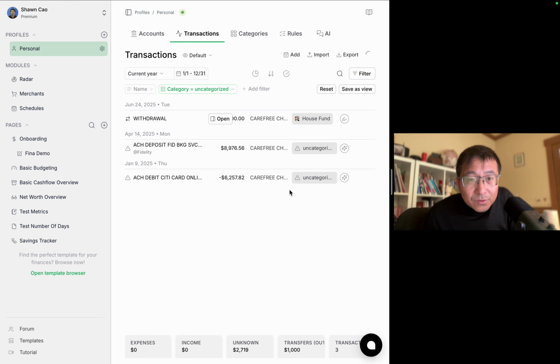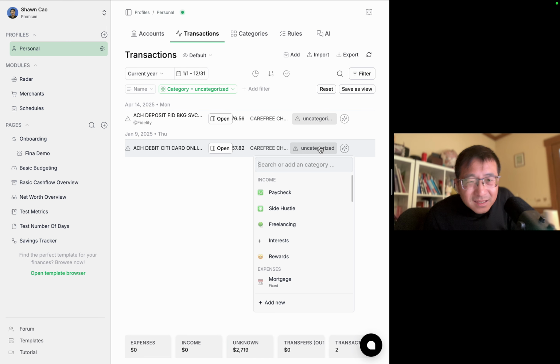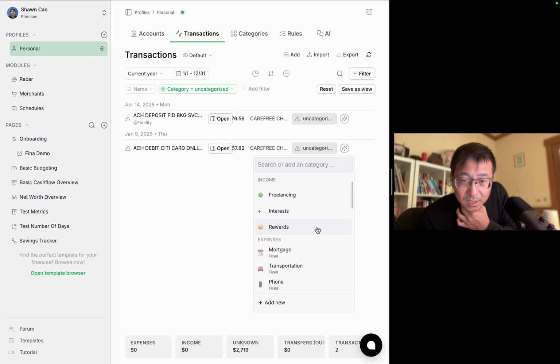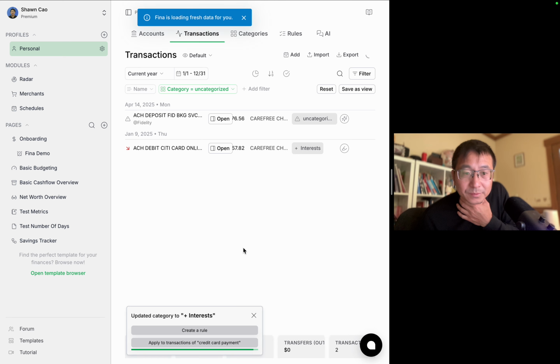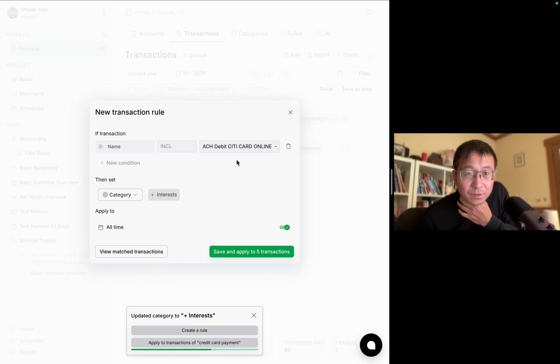It's a Fidelity transfer. This is income. It's hard to say. I didn't connect my Fidelity here, so I have to count it as income, which is basically my investment income, right? So I put it as interest for now. So everything comes from,